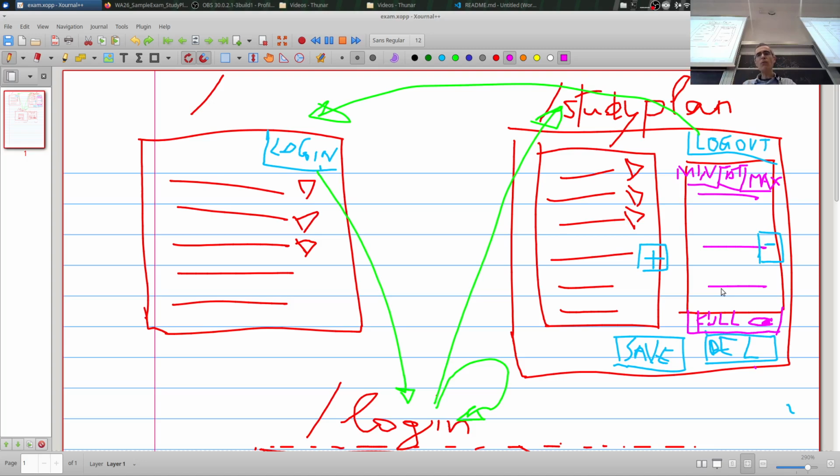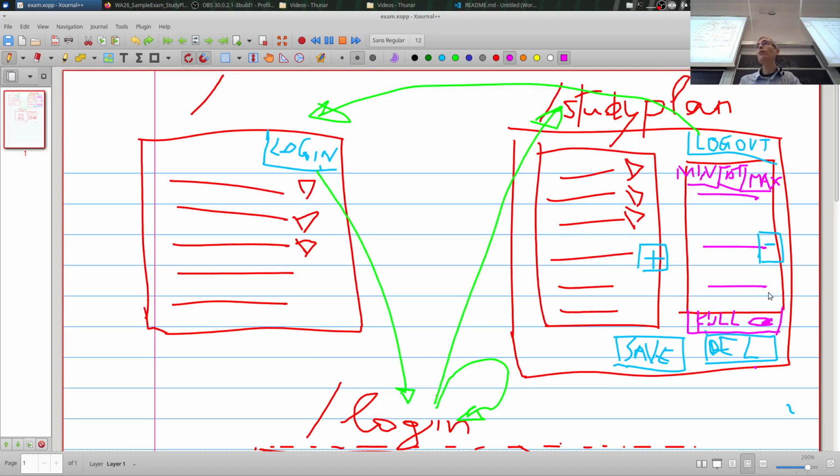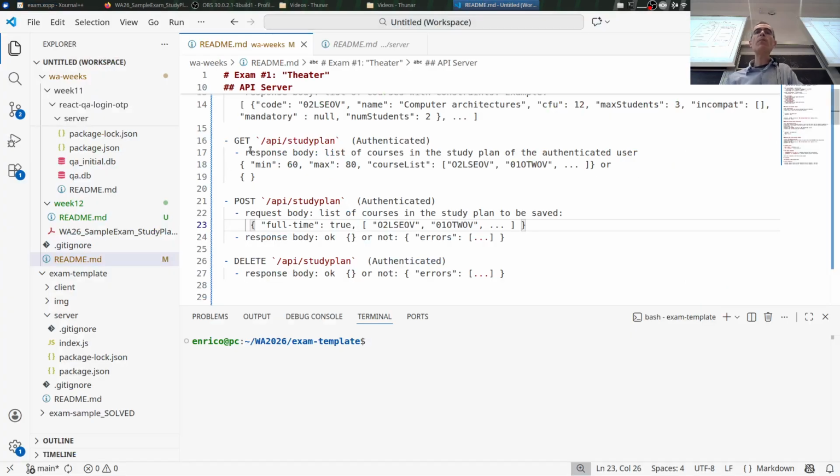And this works when you create, when you start from an empty study plan. And this should be set when you load the study plan, okay? Because we say if you log in and there is already a study plan, you should be able to load this information as well as the fact it is full or not full, okay? In terms of full-time or not full-time. So I would say maybe it's better to modify this API and get also the full-time information, full-time true, okay? That is probably what we are going to